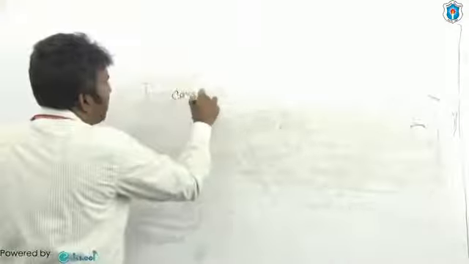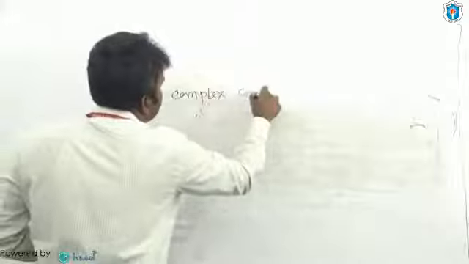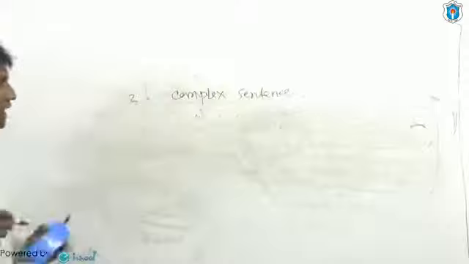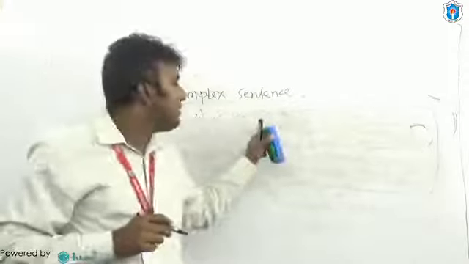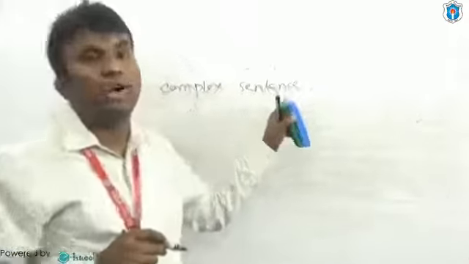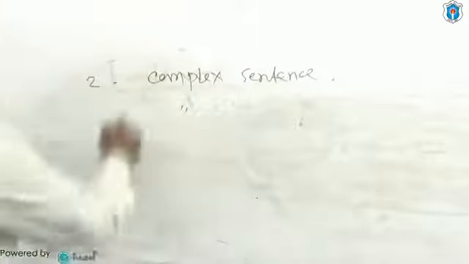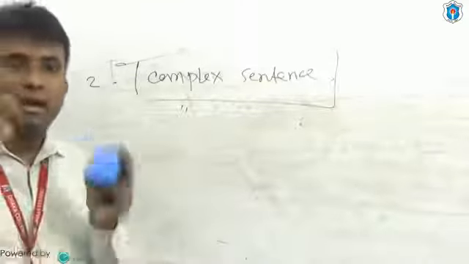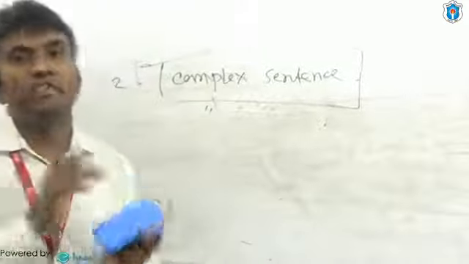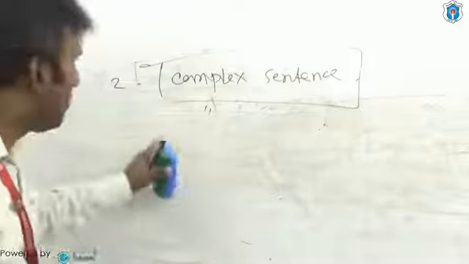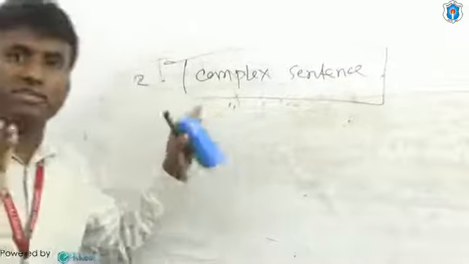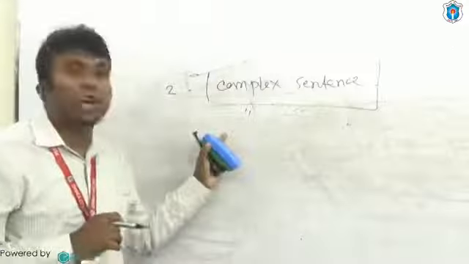The second one is complex sentence. In Bengali, বাংলাতে কমপ্লেক্স সেন্টেন্সকে বলা হয় জটিল বাক্য বা মিশ্র বাক্য। Complex sentence has its individual structure like simple sentence. অর্থাৎ simple sentence এর মতো কমপ্লেক্স সেন্টেন্সেও একটা বিশেষ স্ট্রাকচার আছে যে স্ট্রাকচার দেখে আমরা কমপ্লেক্স সেন্টেন্সকে আইডেন্টিফাই করতে পারি।